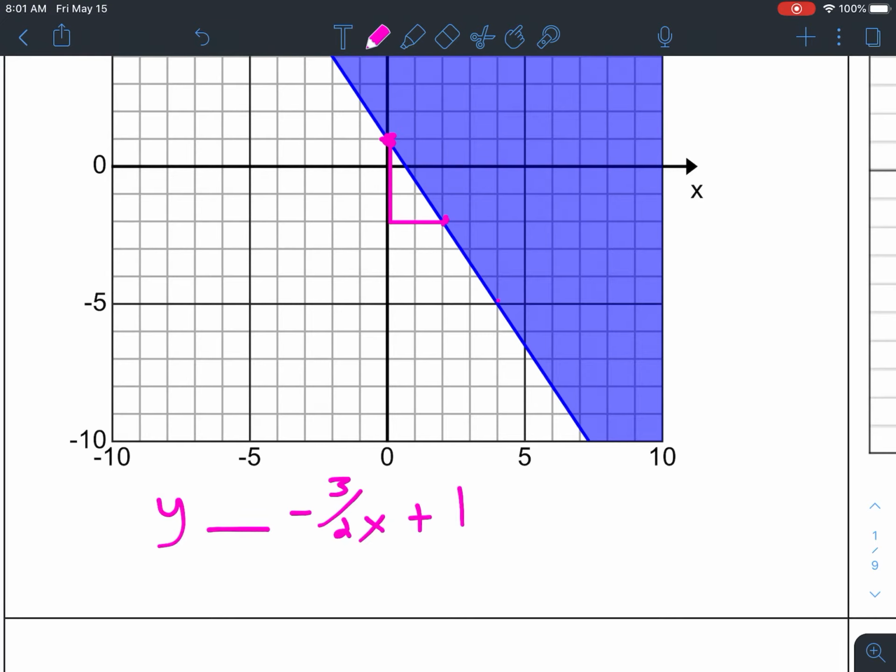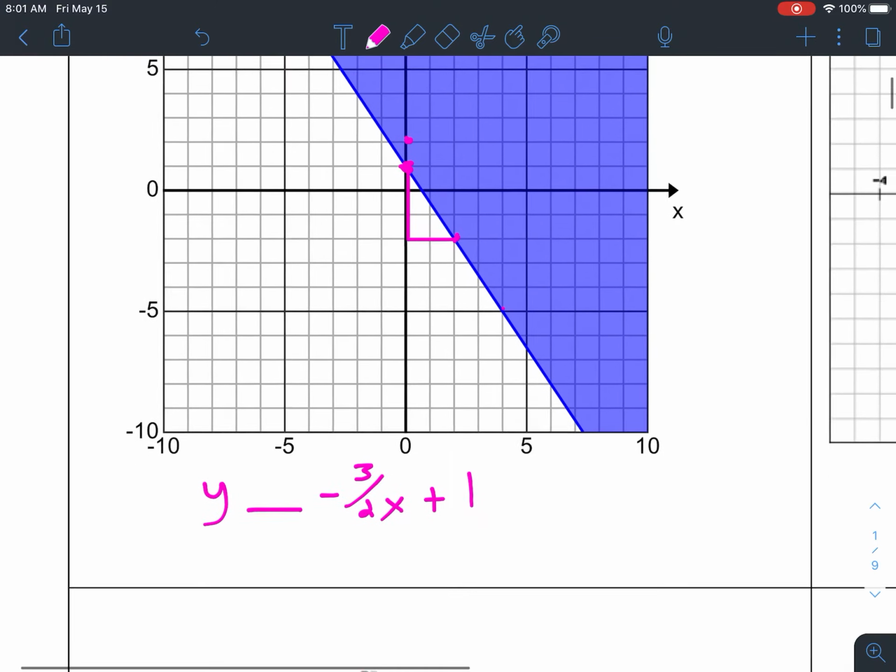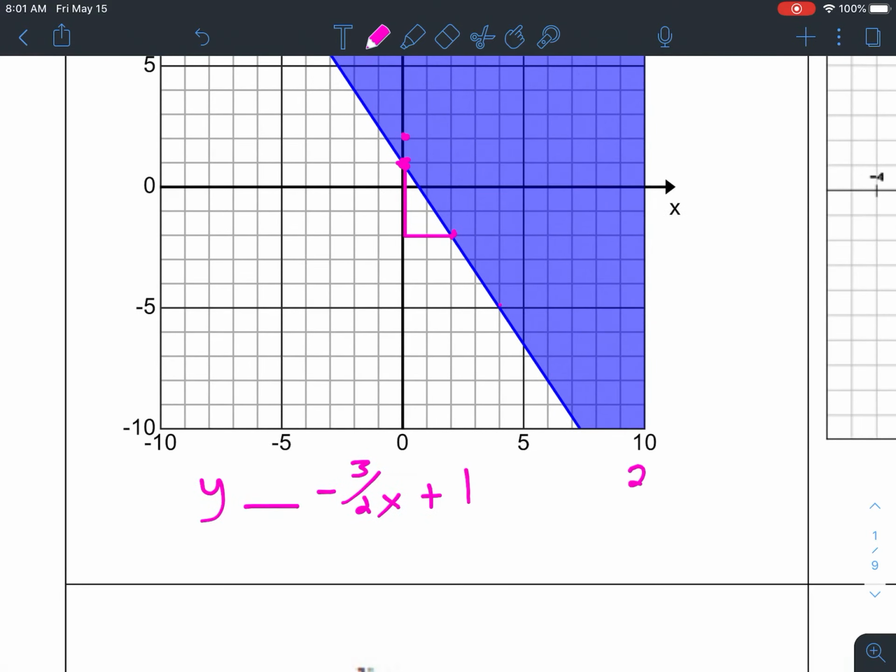Now we need to figure out which side of the function makes it a true statement. So the shaded means it's true. So let's pick the point where x is 0 and y is 2. So y is 2. I'm going to leave it blank. X is 0, so negative 3 over 2 times 0 plus 1. So we know this cancels out. We're left with 1. So we know we have to have our sign facing the 2 to make that a